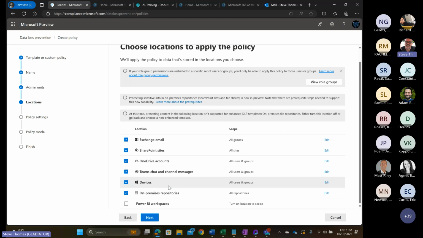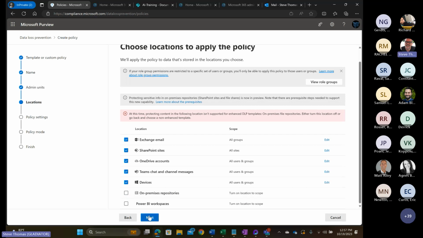And this also works with Mac OS as well. Of course, with Mac OS, it is going to require the addition of a new agent to deploy to those machines. But once you select that, and of course, right now,